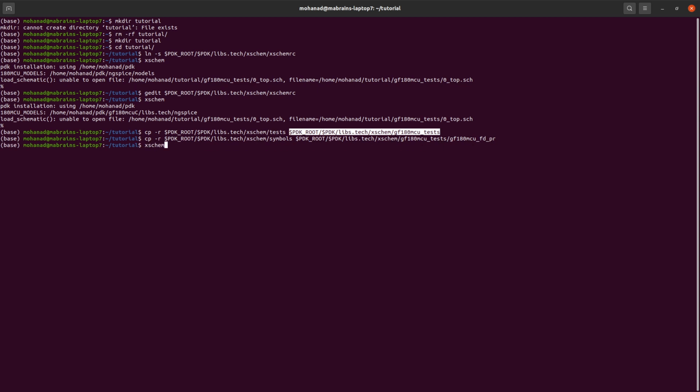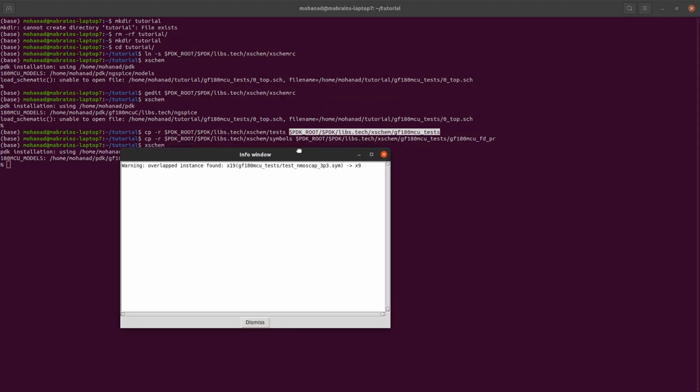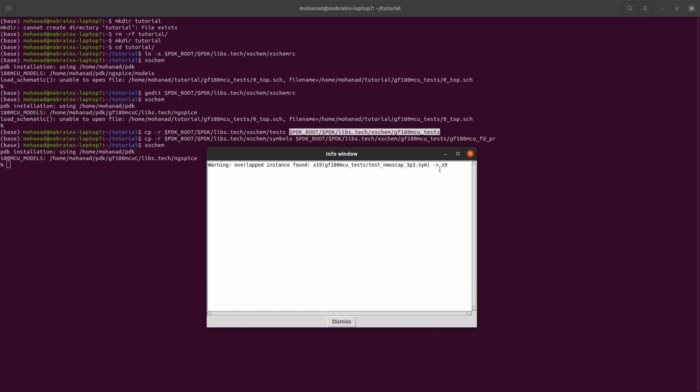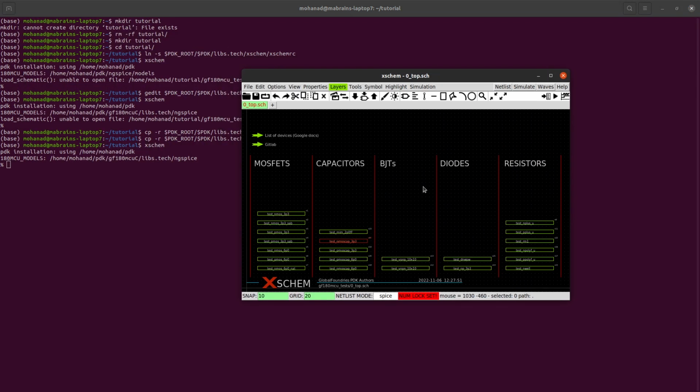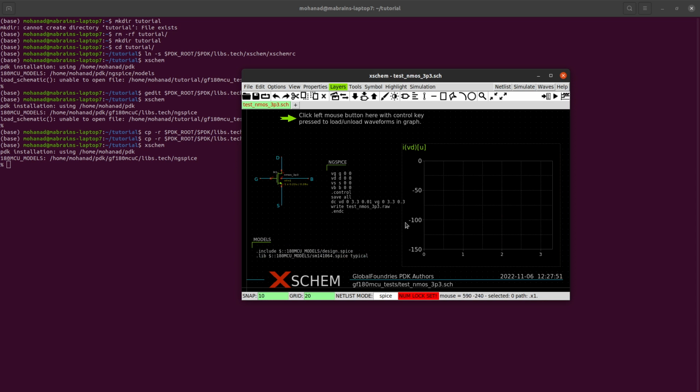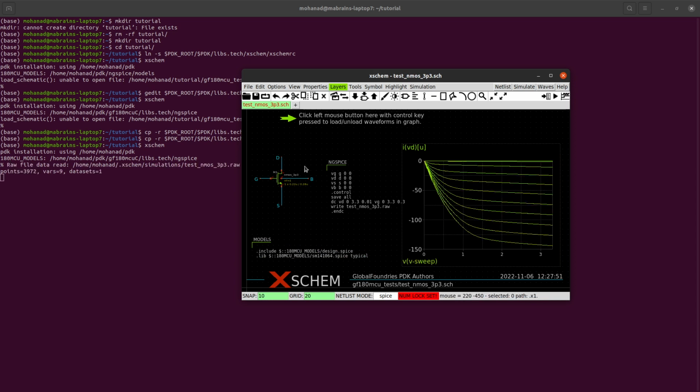Now we can run the tool again. As we see, we only got a warning of overlapping, which isn't a problem, but here everything is running okay. As you see, we got some symbols. If we select some object of these and press E to get inside it, you can see everything is now working. You can left click the mouse with the control key to view the simulation,